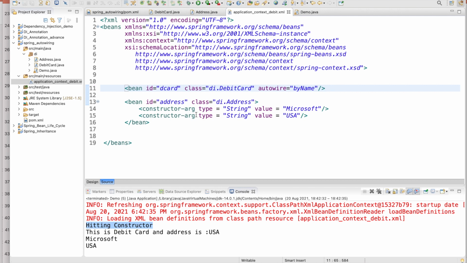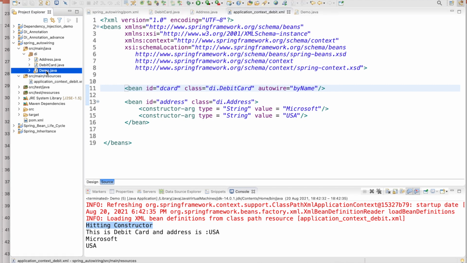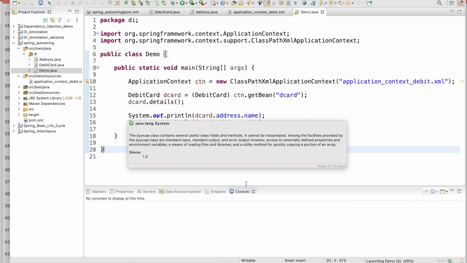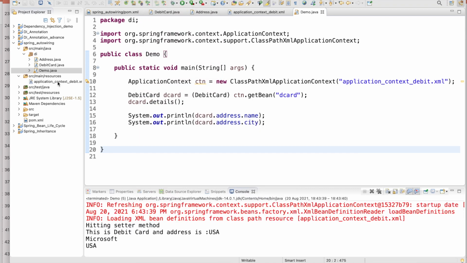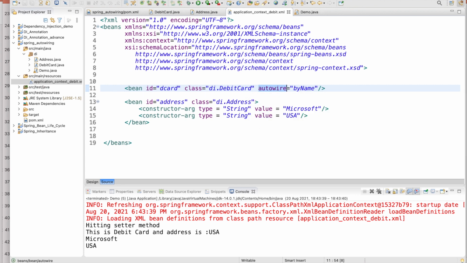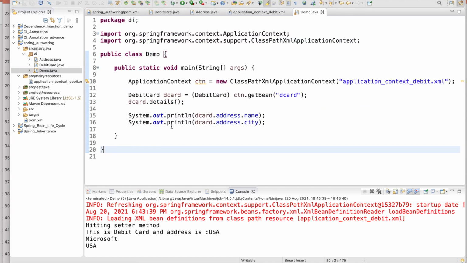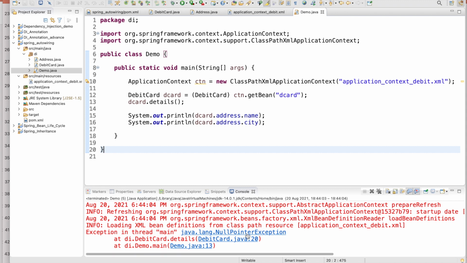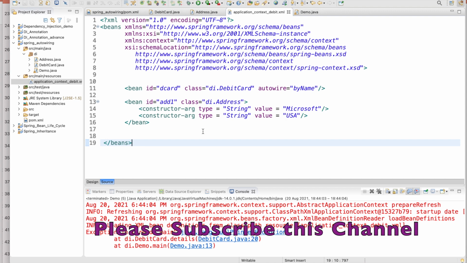So now you go and run the code. This code still will work with the help of the auto wiring. So run this code, it should work. It is working fine, because in the configuration I just use the auto wiring, and by name it is connected, right? So the name should match. If you give a different name here, suppose I give address1, now if you try to run this code, it will not work. If you see, I am calling the same method demo, it is not working because it is expecting by name, right? So that's why this does not work.